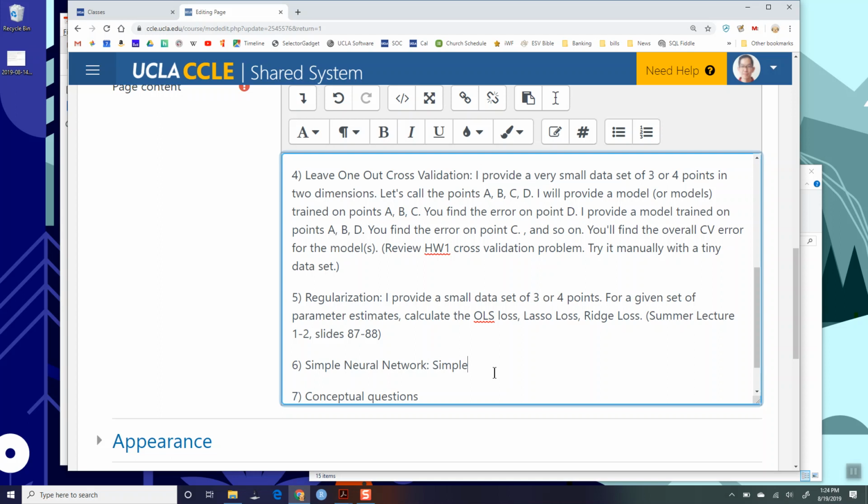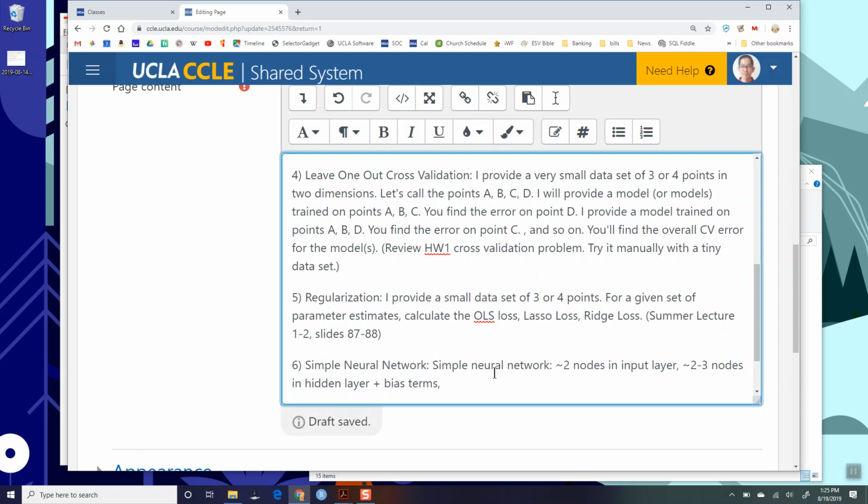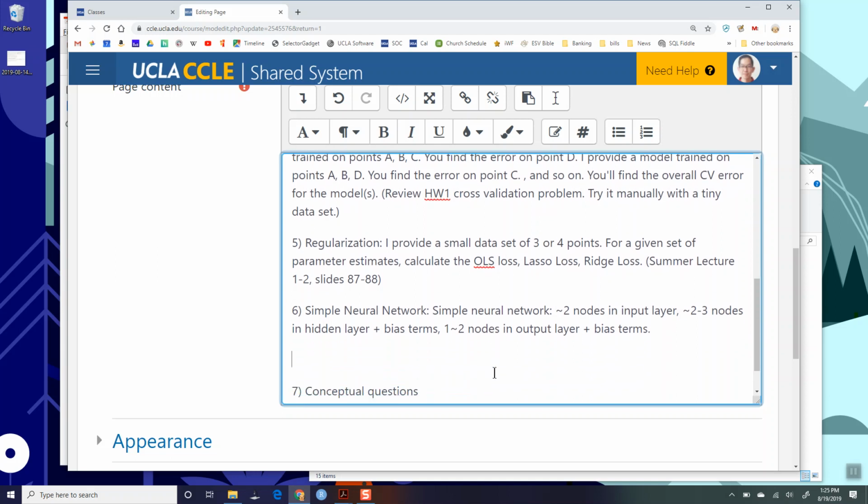We'll have a simple neural network, somewhere around 2 nodes in the input layer, around 2 to 3 nodes in the hidden layer, plus bias terms, and then 1 to 2 nodes in the output layer, plus bias terms, okay? And then what I'm planning on doing is I will provide a small data set, okay? And then you do forward feed,